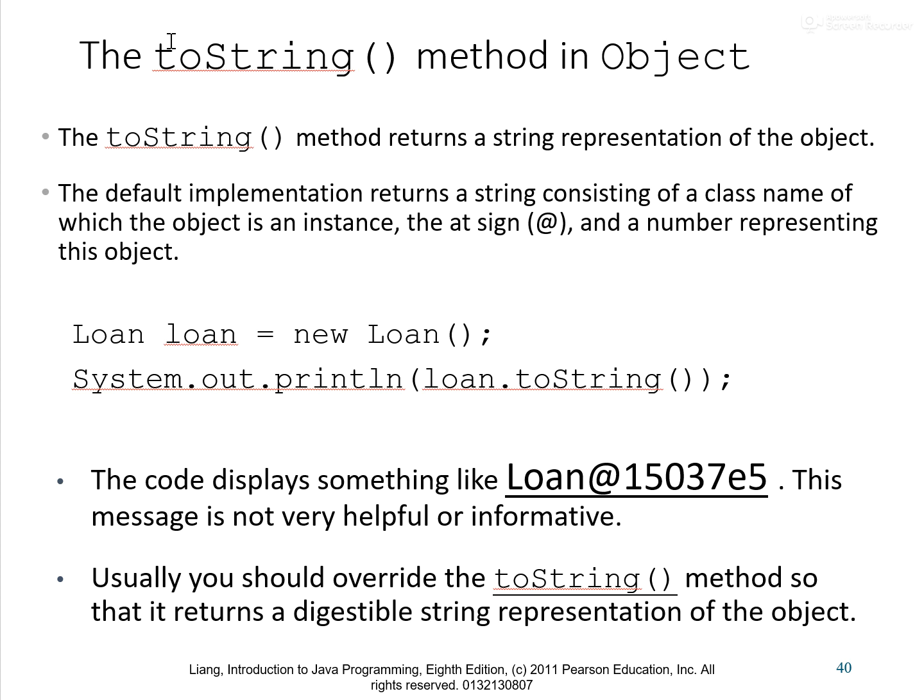So in the example that I showed you in the last video lecture, if you don't override the toString method, if you don't make your own, it will return the package name, dot, the class name, at, and then what is to us a random-looking number, not useful at all. That number has no meaning for us. That's why we usually like to print out something more useful in the toString method,